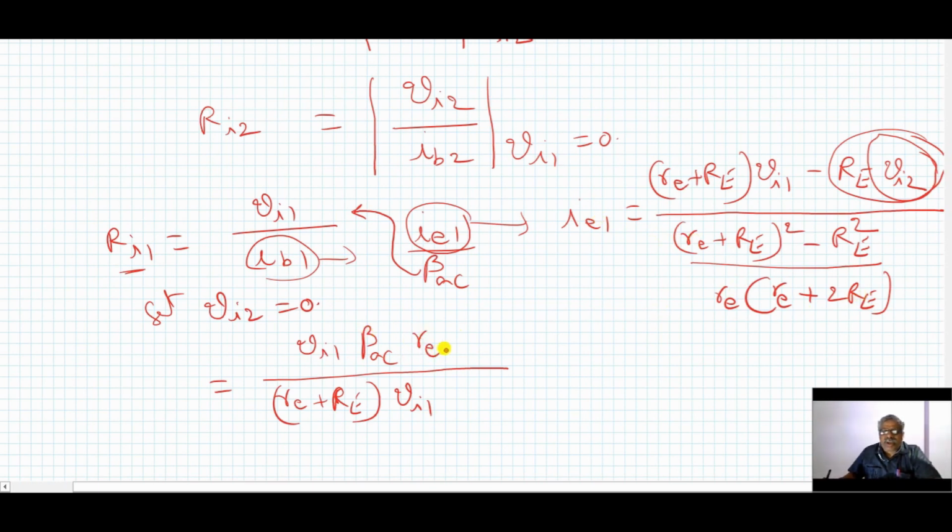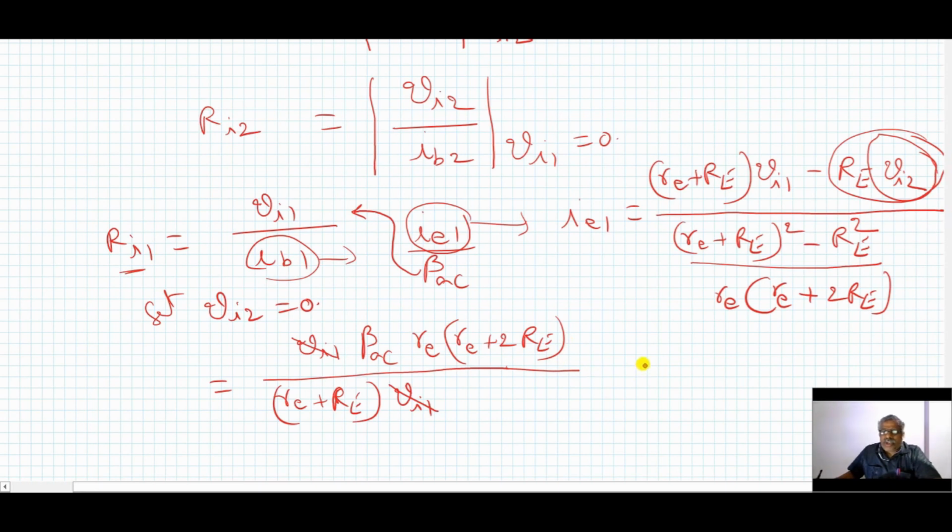So that is small re into small re plus 2 capital Re. This is the expression. So now Vi1 will cancel each other, and in the numerator there is Re plus